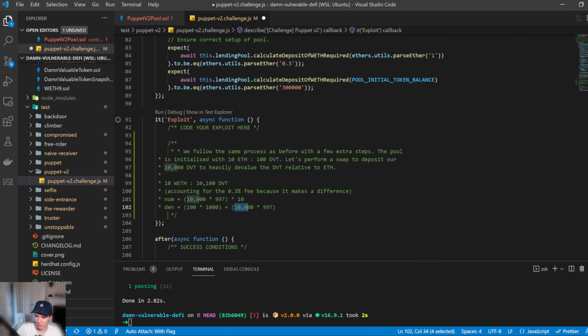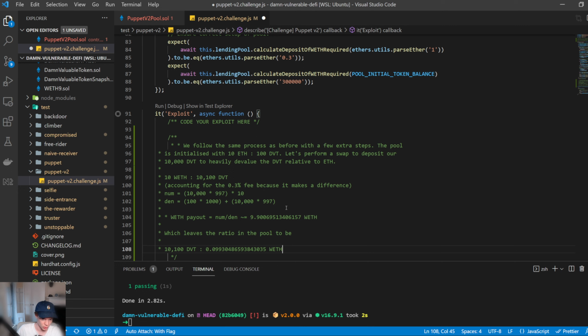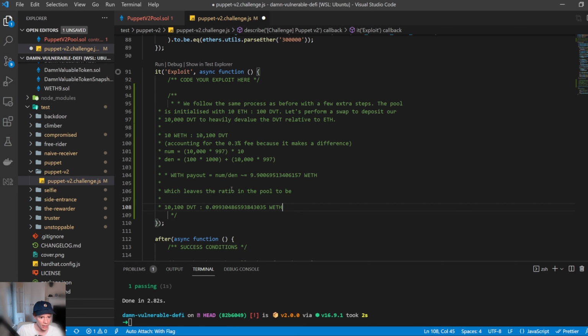So once we get that, we can then calculate our ETH payout. From depositing 10,000 DVT, we get a numerator over denominator of approximately 9.9 ETH. So we subtract that from the reserve, which leaves the ratio in the pool at around 10,100 DVT to approximately 0.099 ETH. Pretty fun. Okay, so the next thing that we need to do